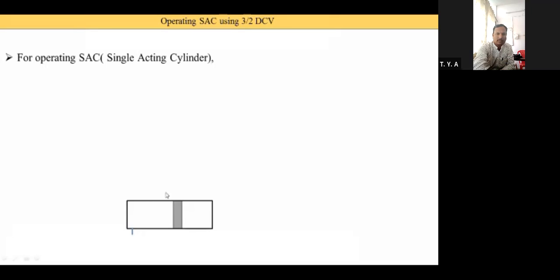In the single acting cylinder, by the force of the oil the piston is moved from the left side to the right side. But how does it come from right to left? For that we require a spring. So here the spring is provided. Due to the spring force the piston is again moved from the right to the left side. Now according to this theory we use the 3x2 DCV. DCV means the directional control valve. Now what does this 3 indicate and what does the 2 indicate? 3 means 3 ports are used, and 2 means 2 different positions are possible.